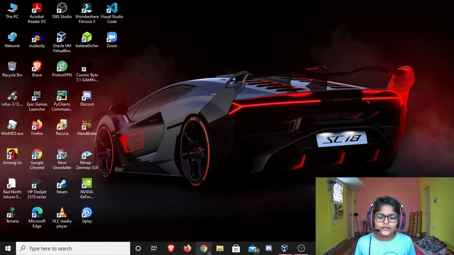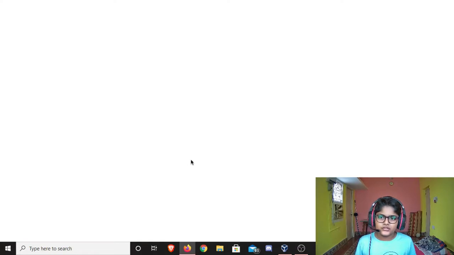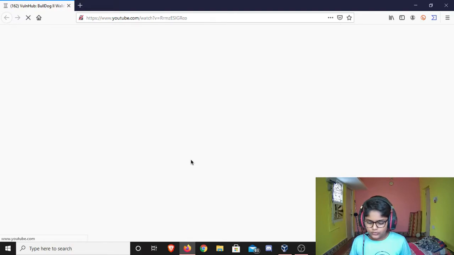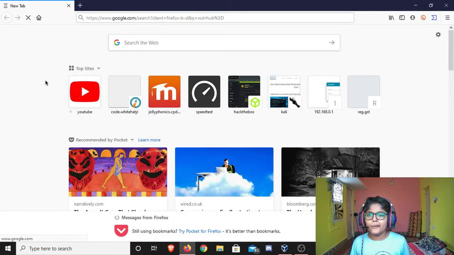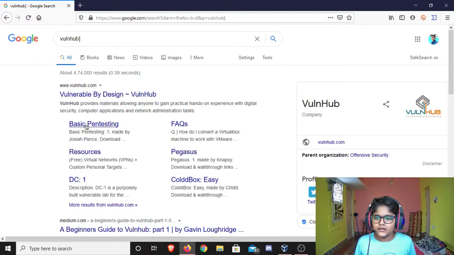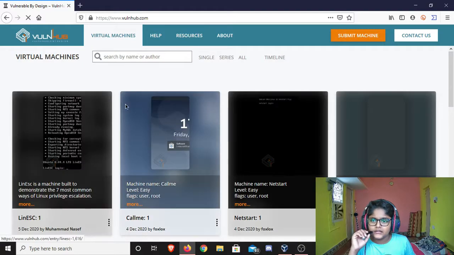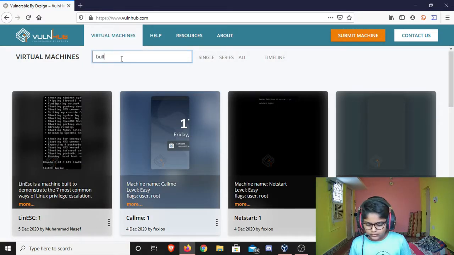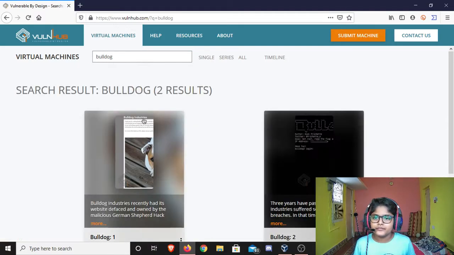So to download the machine, just open your browser and go to Vulnhub. Open the first link, www.vulnhub.com, and search for Bulldog, and you probably get two results.